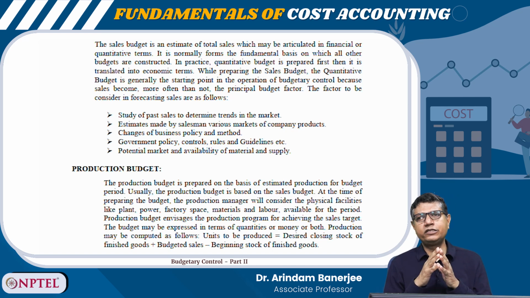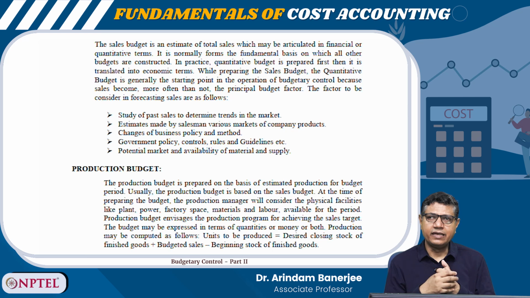If the production team says that no, we can't, we are already running at full capacity and there is no scope for increasing the production level, then the sales team has to bring down their target. So it is a continuous effort, and it should be in sync. Once the production team finalizes the production budget, the question comes: for production, you need resources. You need raw material, labor, and overhead expenses. For each of these items, budgets are made. The material budget is prepared, the labor budget is prepared, and the overhead budget is prepared.